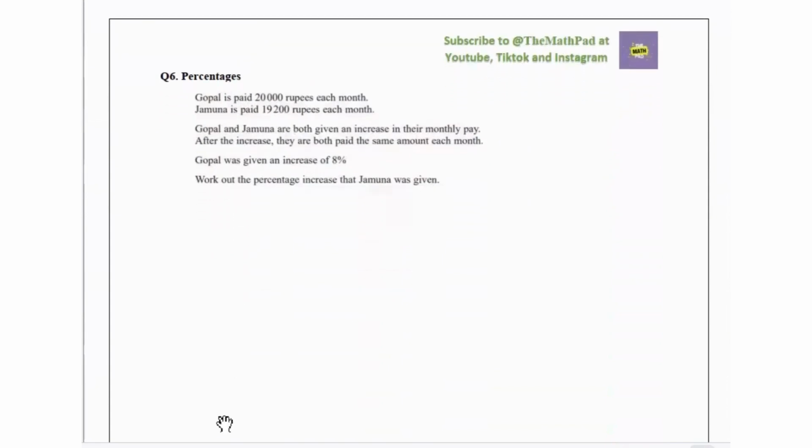The next question says that Gopal is paid 20,000 rupees each month. Jamuna is paid 19,200 rupees each month. Gopal and Jamuna are both given an increase in their monthly pay. After the increase, they're both paid the same amount each month. Gopal was given an increase of 8%. Work out the percentage increase that Jamuna was given. So for this,